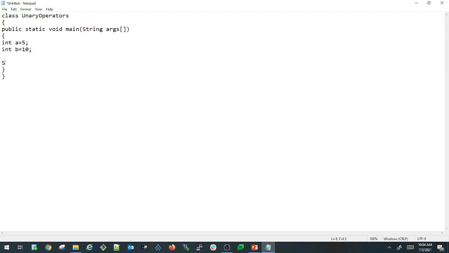I'm writing System.out.println of ++a. And I'm writing the same thing for post-increment: System.out.println of b++. Let us save this program first.